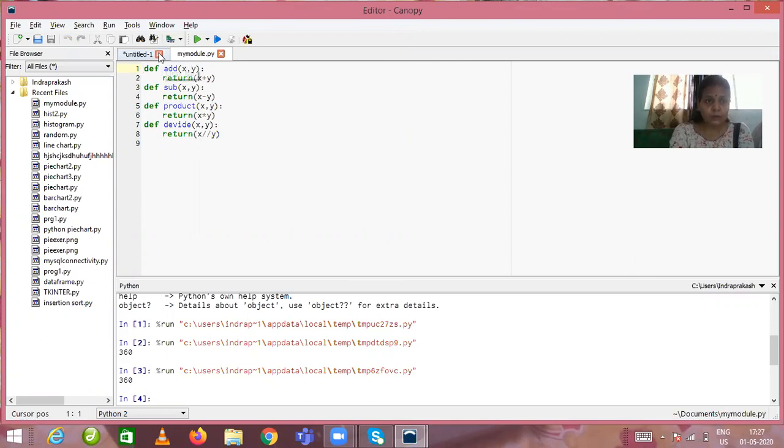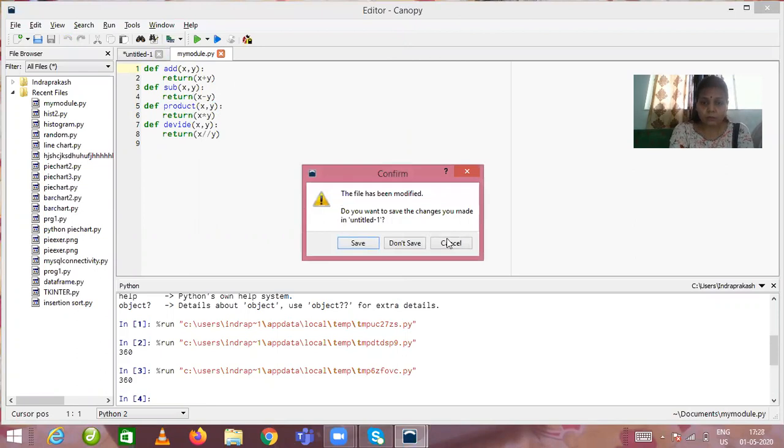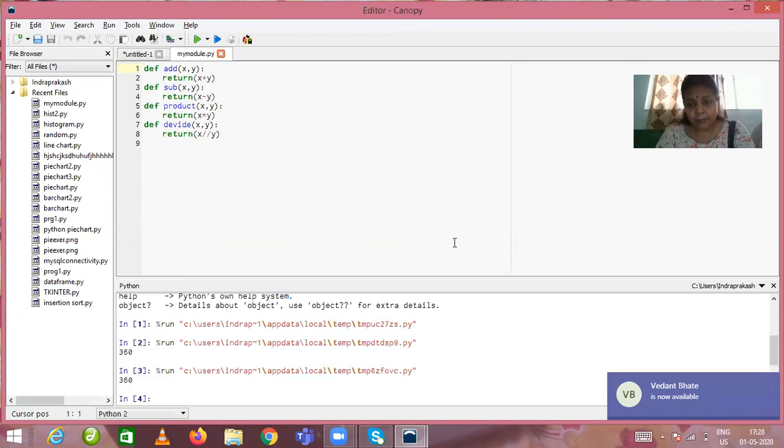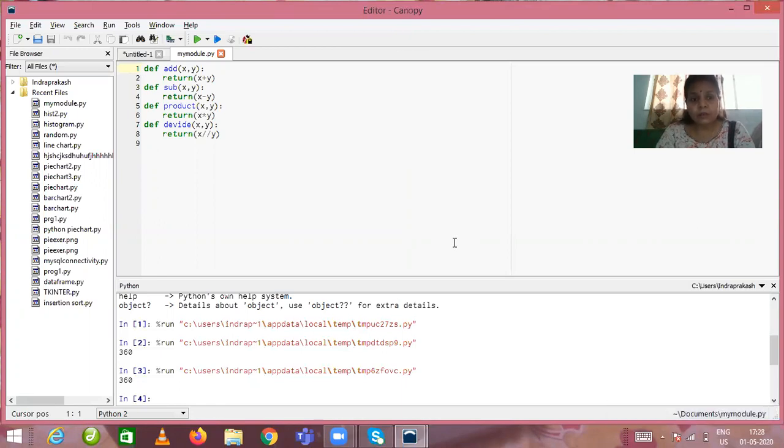Okay. So first of all, what is a module? A module contains a number of functions. There are libraries of Python. A library is a container of modules, and a module is a container of functions. So whenever there is a requirement to group functions inside a particular module, we need to create a Python file, and inside that file we have to include all the functions, so that we can call the individual function by that particular module.